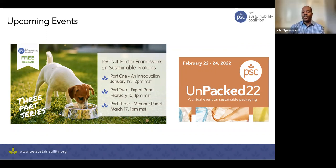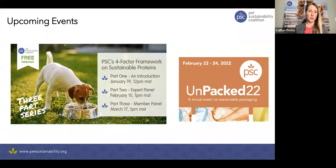Would you consider rendering facilities a sustainable facility? They would be taking the waste that consumers, slaughterhouses, and manufacturers are creating into something useful. Yeah, sure. So if we say that animal utilization is a key component to sustainability, then absolutely any manufacturer who helps create better utilization of the proteins that we raise and grow in our country can be a part of